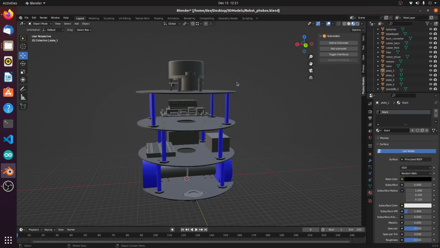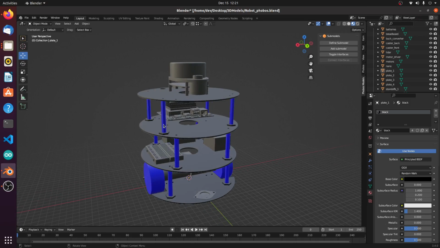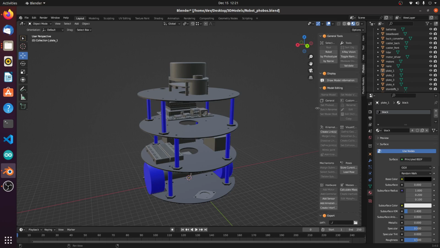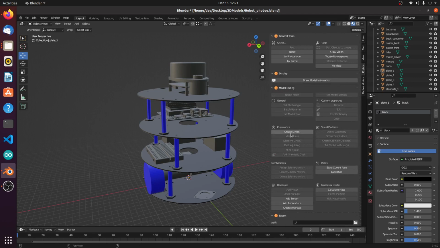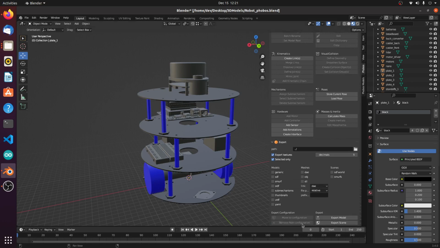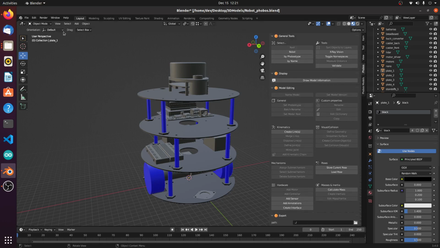Okay, here's where we're going to go into working with Phobos to create a URDF for our project. Phobos is a plugin, an add-on for Blender for URDFs. I said that backwards earlier. You get that by doing a web search on Phobos Blender, and you'll find it. The Git page, download the zip file,